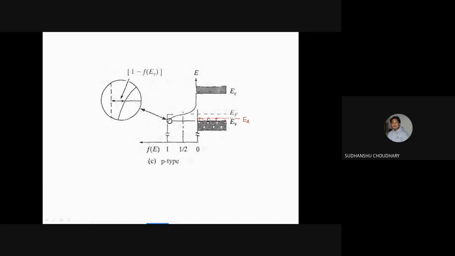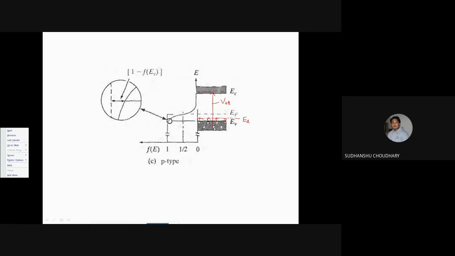So that I now have holes in the valence band, more holes in the valence band. Of course, some of the electrons will also reach the conduction band by thermal generation, right? But those numbers will be small. That is, holes created in the valence band due to thermal generation, right? Because of thermal generation, some of them will reach here, some electrons will be found here also, okay? And some holes because of thermal generation here.